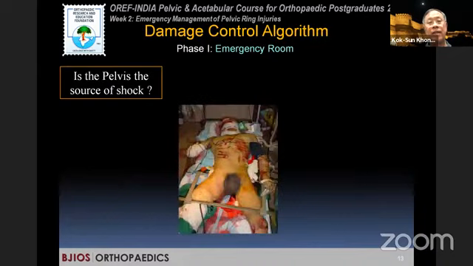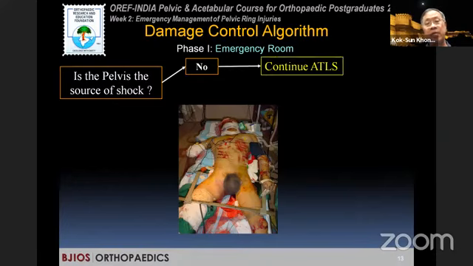So finally, the damage control algorithm. This is what we developed. We have a very simple algorithm which you can follow in any situation. Firstly, you ask yourself, is the pelvis the source of shock? Because patients may have shock from blood loss from other sources, like this patient who had a traumatic amputation. If the answer is no, not from the pelvis, then the ATLS proceeds under the general surgeon's